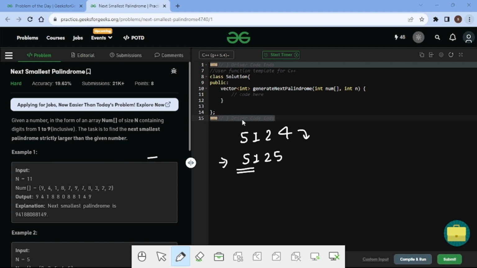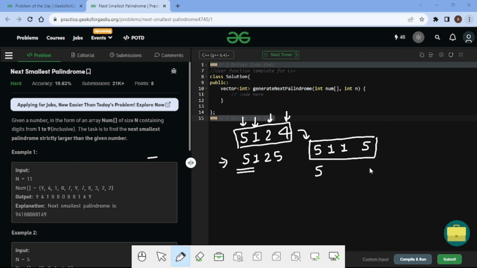so from index 1, we took 5. So for becoming a palindrome number we have to choose the last number as 5. So we assign the last number as 5, and if we choose 1, then this number also becomes 1 in the final answer, but this number is not greater than the number which is given in the question. So what will we now do?